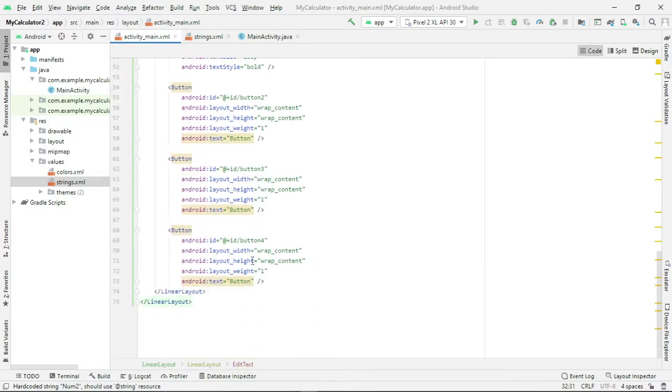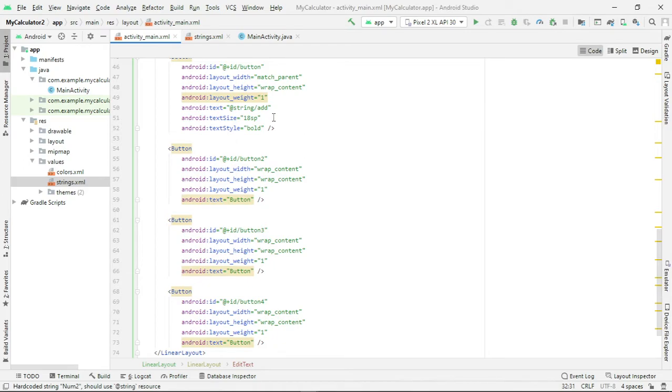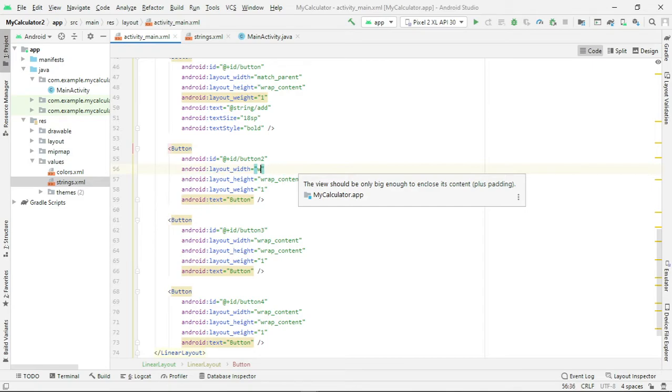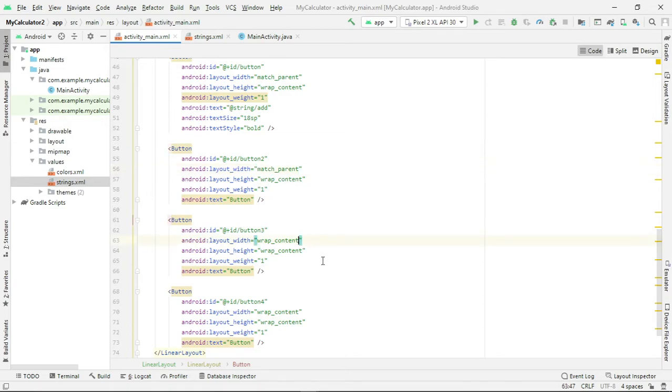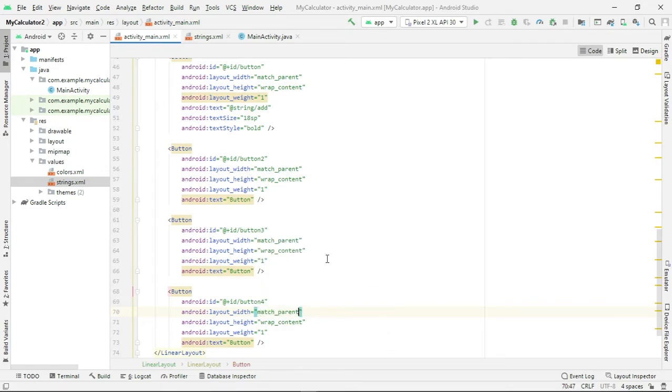So let me do a copy paste. Let it be match parent. And let's set the text.